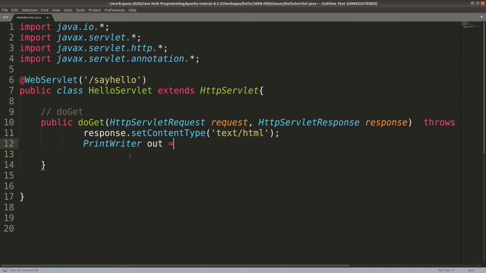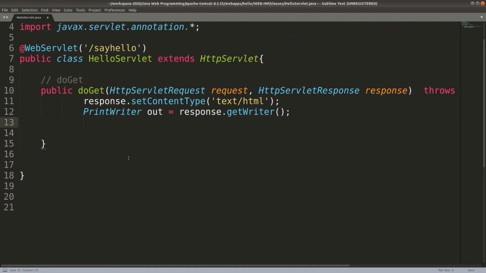Let's say this is out. We will use the object from the HttpServletResponse, and we need to get that object's getWriter,